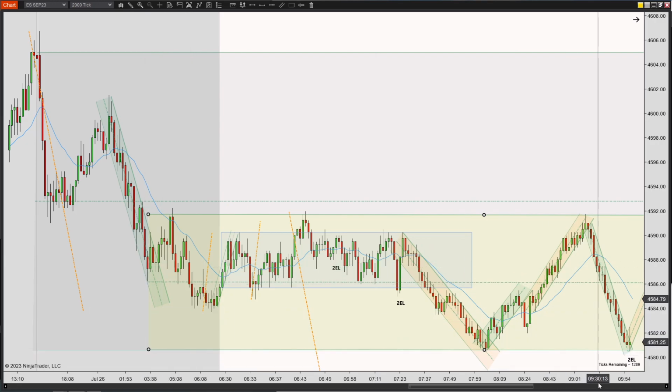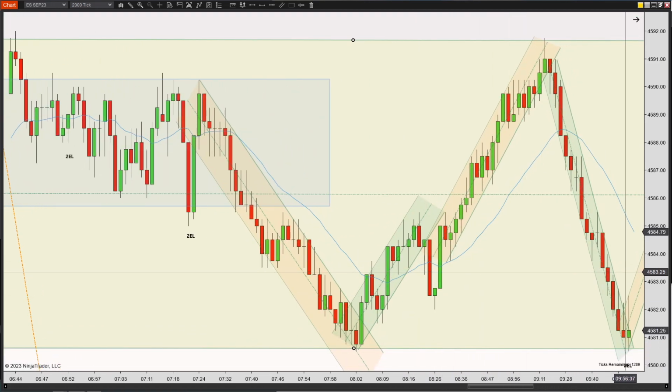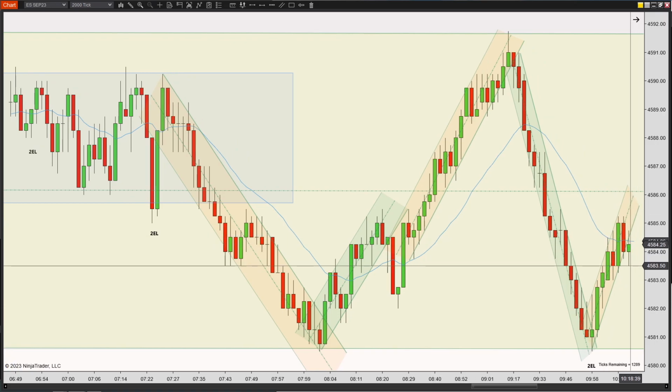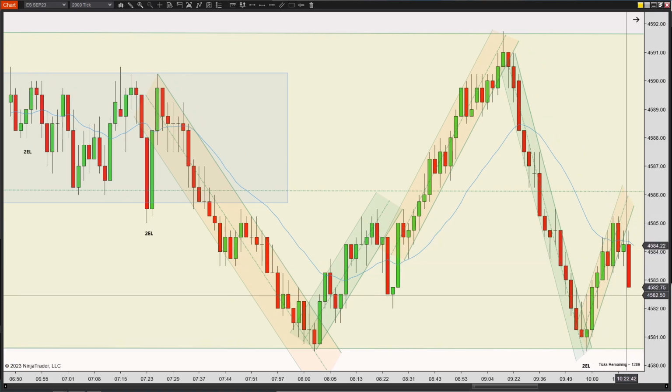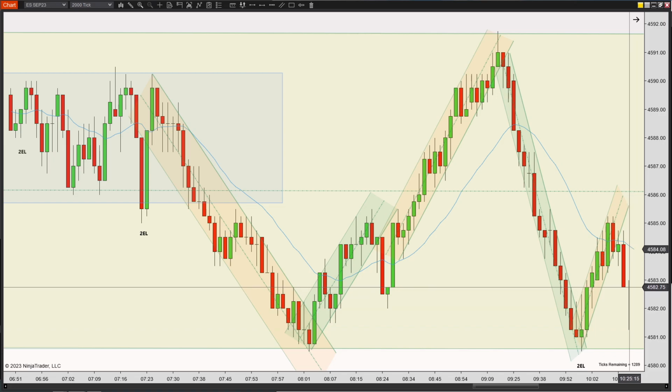In either case, the second entry long isn't strong enough for me to take this trade, so I definitely want to see a higher low. Prices continue moving up, and you get your higher low right here. Flashes down, so you're still looking for the higher low. Boom. This is like a strong push down and pushes all the way back up,